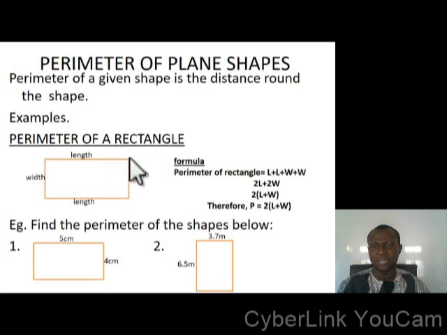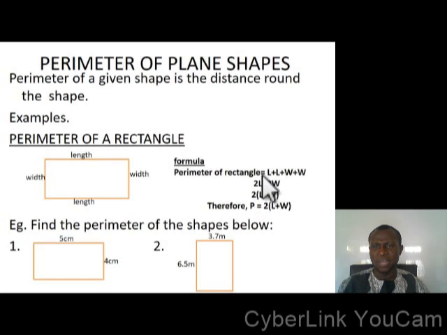Perimeter of a rectangle. That's the distance around the shape. Here we have the length, we have the length, we have the width, we have the width. So the formula will now be addition of all these sides. So as you can see, we have two lengths there. That's length plus width. As you can see from the diagram, we add it together. So we can use this formula to find the perimeter of a rectangle, which we can also extend to mean